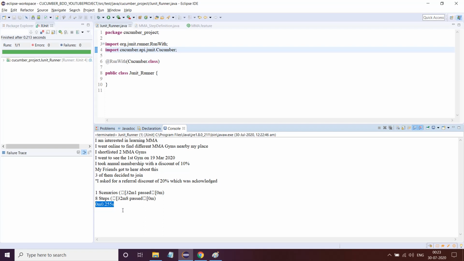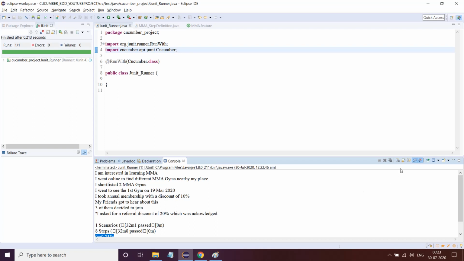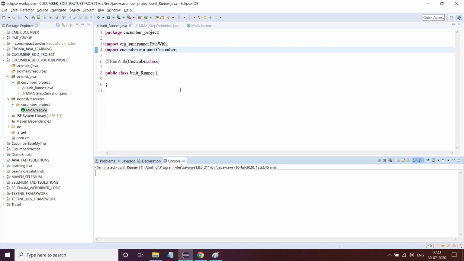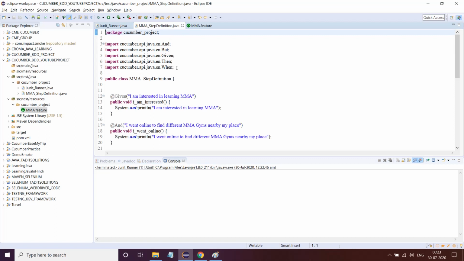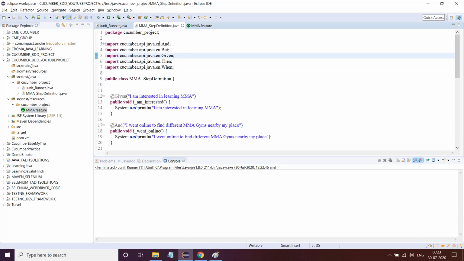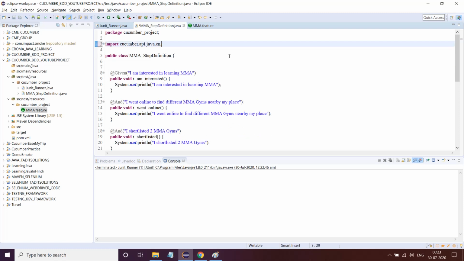Now you people might not get the exact output in the very first attempt. Why? Because there are certain mistakes you will make. I'll tell you all the mistakes. Some people act very smart, and since this is coming from this particular API, they will remove this and make it a star. This is where the problem begins. So one second guys, I'll put it back like this.